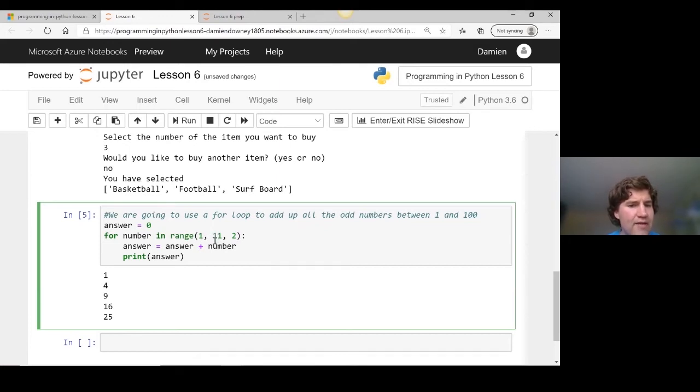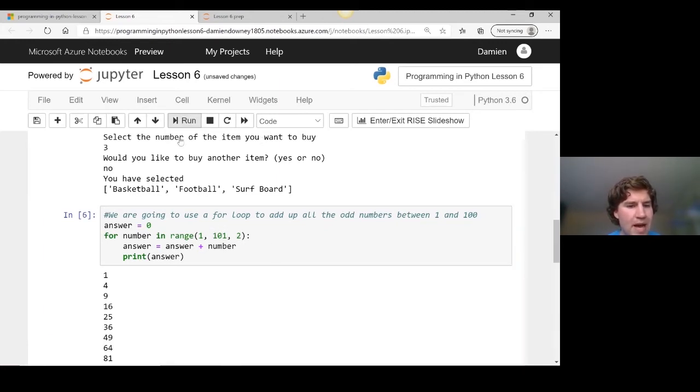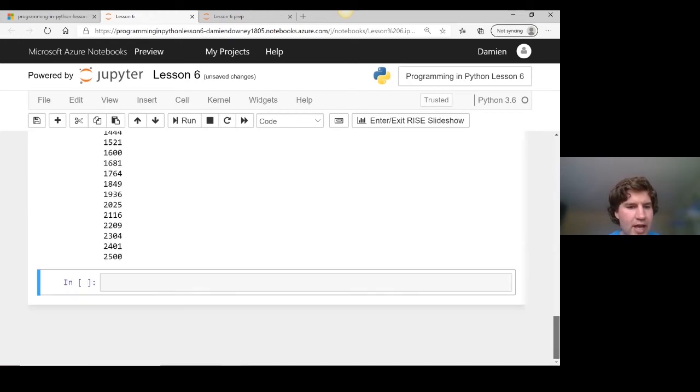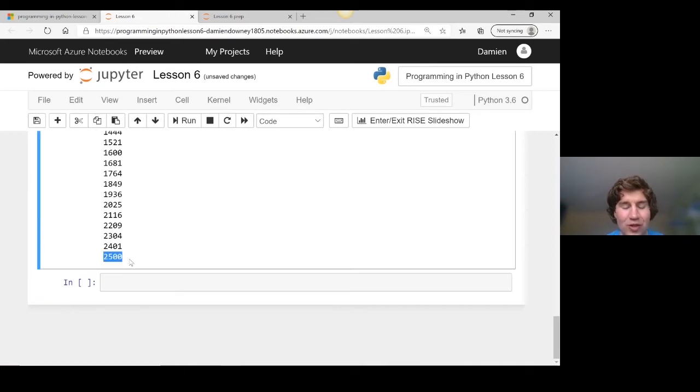You're not going to 11 now. You're going up to 101 to make sure that you've included everything. And you're stepping up in 2 so that they're still odd numbers. And by making that small change, you've done an awful lot more maths very quickly. And you can see there's a big long list of numbers. So that's quite a big number when you add them all together, which you probably wouldn't be able to do